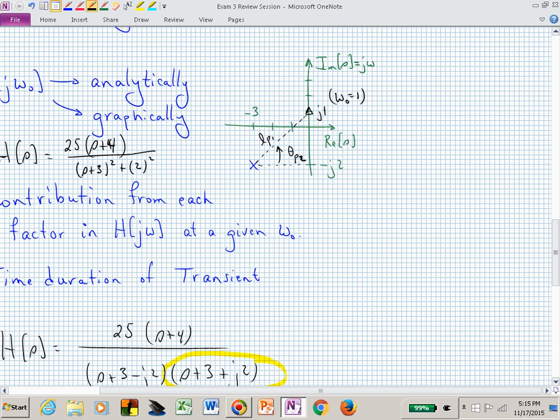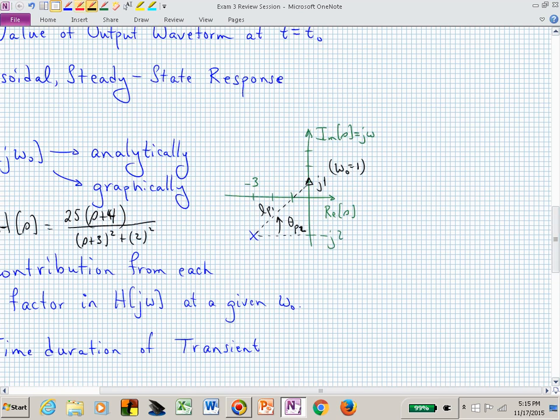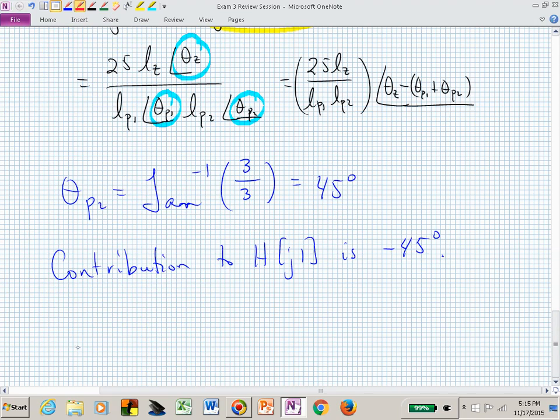I just need that angle between the X and whatever omega naught I've specified, and in this example I picked an omega naught equal to 1 radian per second. So the J piece tells me what's my vertical, and that's in the numerator, so that's why I'm saying it wasn't a very good example. If I wanted to do this now at, let's say, omega naught equal to 3, I would be up here. And now if I wanted to know what is theta P sub 2 at omega naught equal to 3,